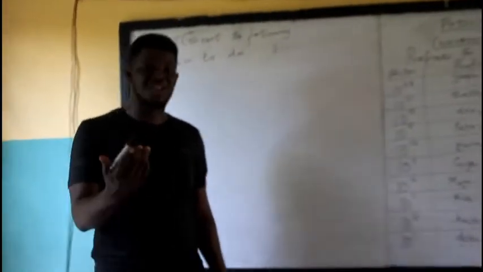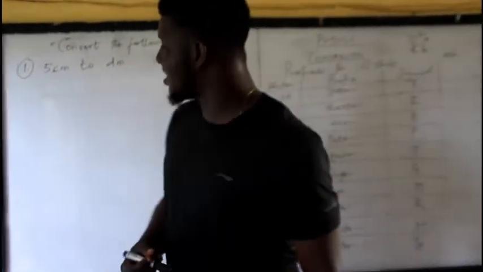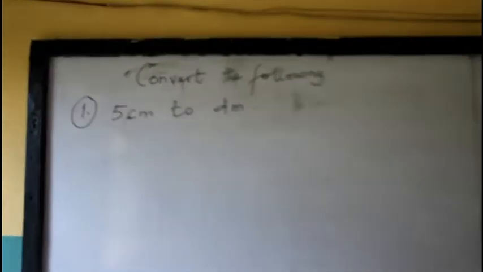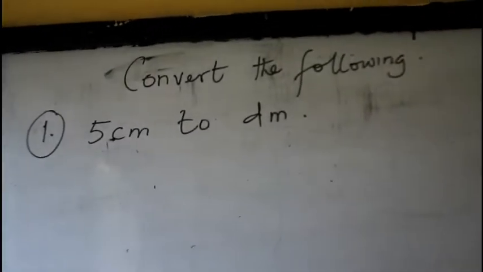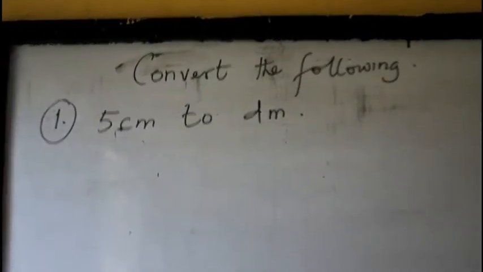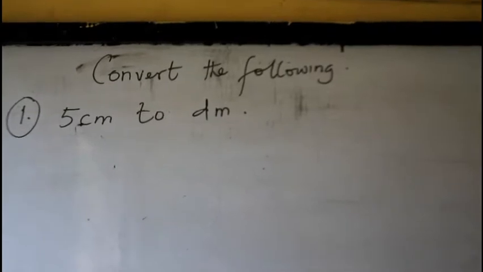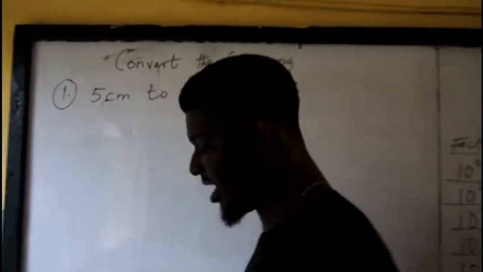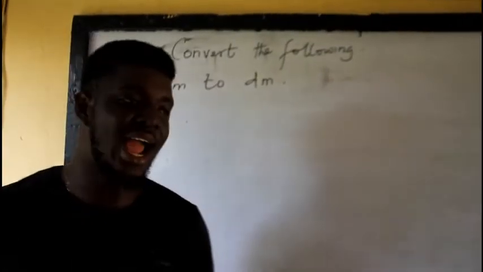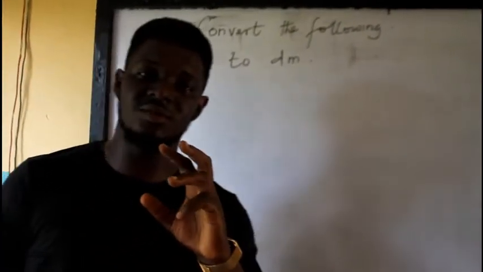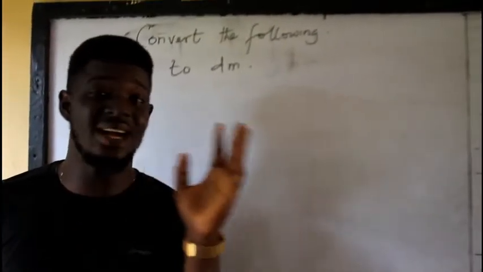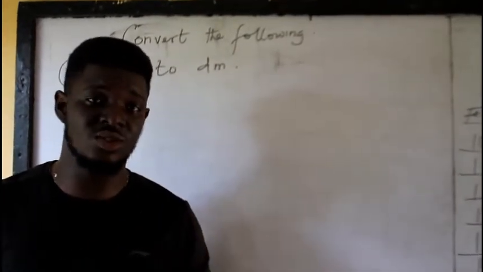Alright, I'm very sure that you are going to be laughing now by seeing the equation that we have here. 5 centimeter to decimeter. This is centi to deci. You want to convert it from centi to deci. Now you laugh. I actually want to change the orientation you already have maybe before when you're in secondary school,